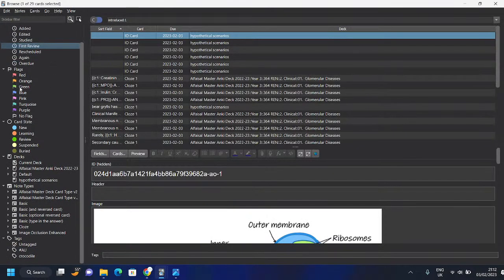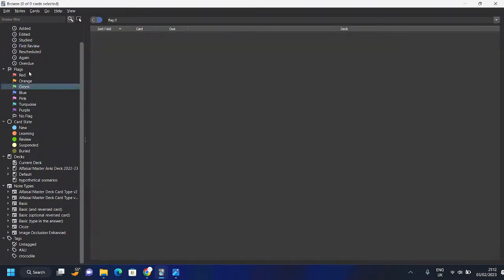Now you can flag cards. For example, if I want to suspend them later, I can then flag them, or if I want to move them to another deck,